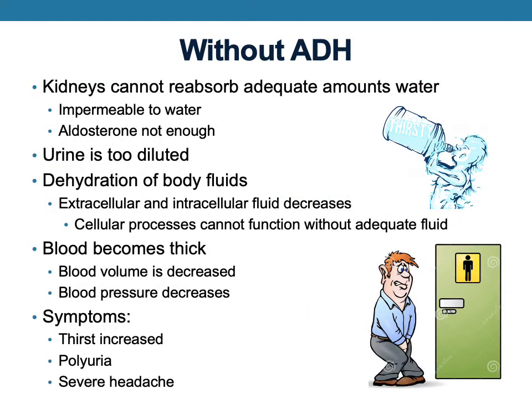Without ADH, the kidneys cannot reabsorb adequate amounts of water. As I mentioned previously, the collecting tubules are basically impermeable to water, and aldosterone alone is not enough to maintain the water-solute balance, mostly because aldosterone is pretty specific only for maintaining water, sodium, potassium balance, and as I showed you in the slide about the composition of blood, solutes in blood make up a lot of stuff and not just sodium and potassium. Without adequate amounts of or adequate response to ADH, urine will be too diluted, causing dehydration